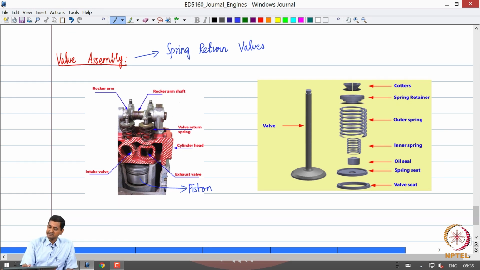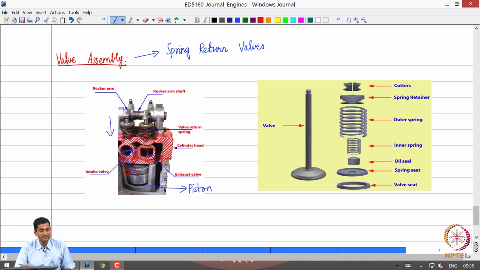Okay. So, what happens is that when you want to open the inlet valve and allow air to come into the cylinder, this valve is pushed on. So, there is an opening created here and air starts to flow into the cylinder.